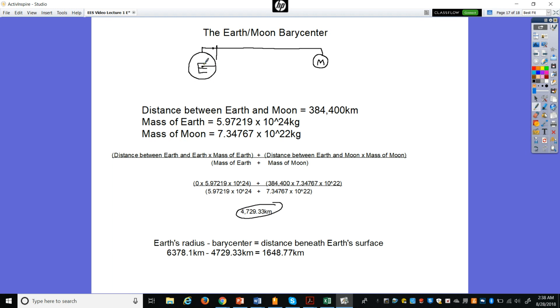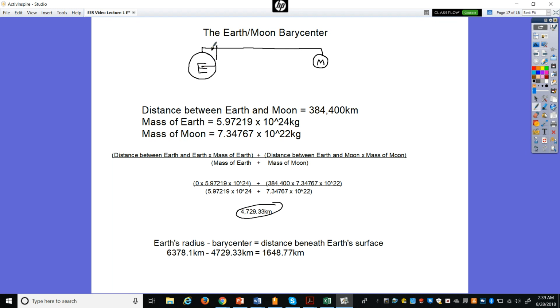So if you start at the edge of the Earth and go towards the center 1,648.77 kilometers, you will find the balance point. And so when these two bodies are orbiting, we tend to think of the Moon orbiting around the Earth, and we don't tend to think about the Earth doing anything.